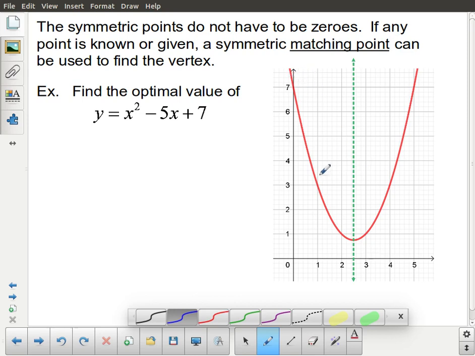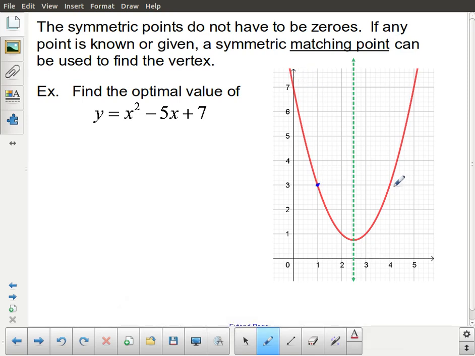Here are a couple of points. They are symmetric. And in this case, a particularly convenient point is the y-intercept, which is symmetric with its own matching point. So we are going to basically find the matching point